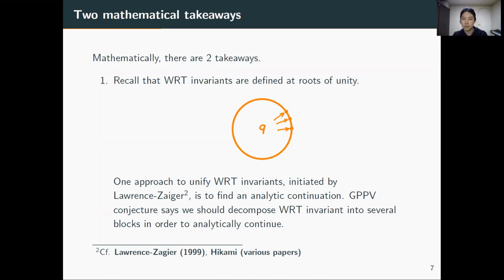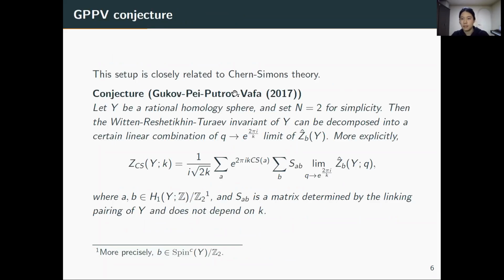So a natural question would be, how do we unify them into a single invariant? One approach to unify these WRT invariants, initiated by Lawrence and Zagier, and followed by Hikami, is to find an analytic continuation. Actually, in Lawrence and Zagier's paper, they found this analytic continuation in the case of the Poincare homology sphere, and so on. But this conjecture by GPPV says that